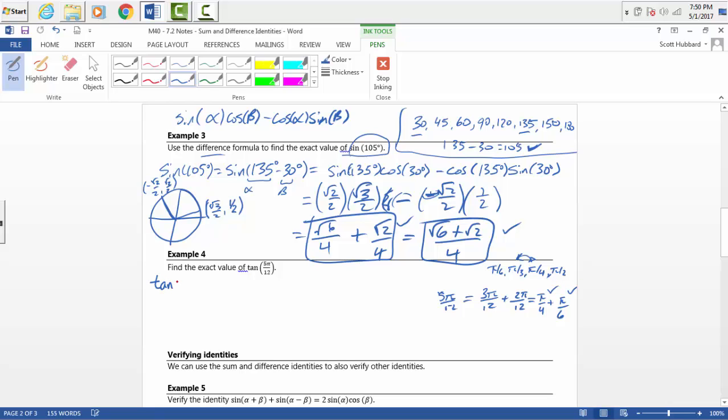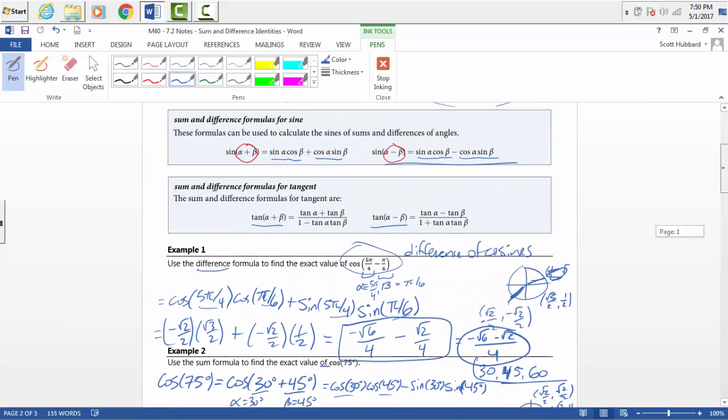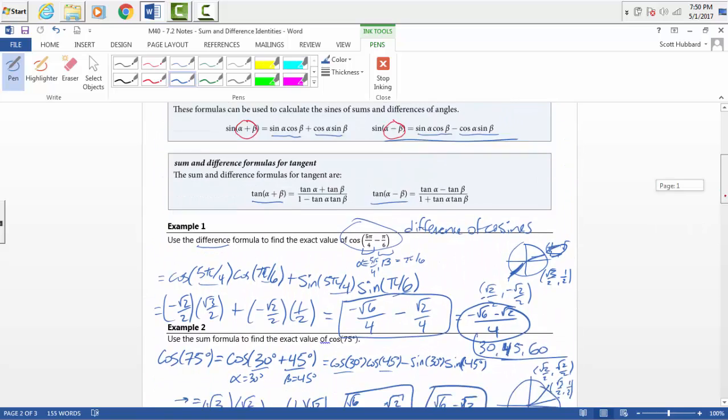So tangent of 5 pi over 12 is going to split up as pi over 4, which is right here, plus pi over 6. So that tells me that alpha equals pi over 4, and beta equals pi over 6. So I just need to know the identity. This is the addition inside of a tangent rule. So it's tangent alpha plus tangent beta